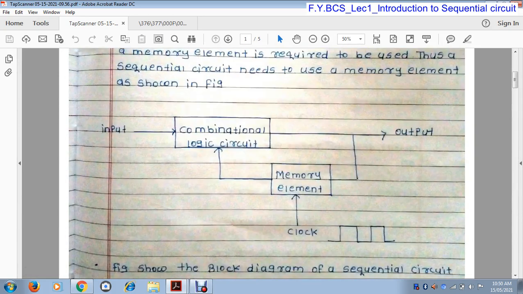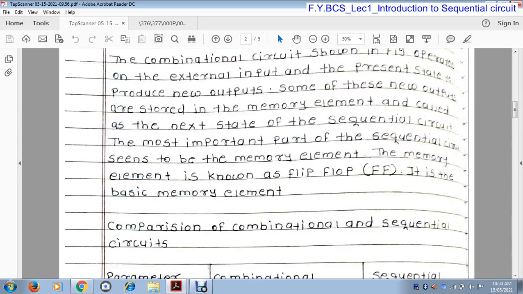This is the block diagram of a sequential circuit, with the memory element and the input. Whenever we change the input combination, the present state stored in the memory element is changed.